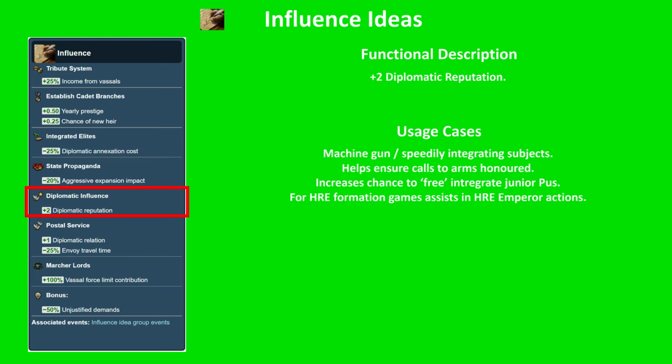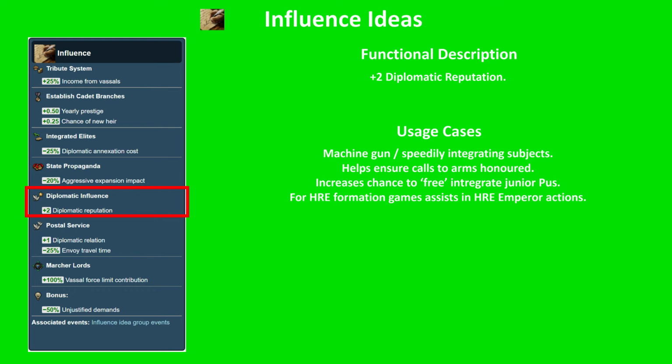The fifth idea, diplomatic influence, +2 Diplo rep. You use this to machine gun integrate subjects because they integrate faster when you have high diplomatic reputation. It also means that you can do one after another. Normally, if you integrate a vassal, at the end of that process, you get a modifier that temporarily gives you -3 diplomatic reputation and makes it impossible to integrate more vassals because your diplomatic reputation is so low that it